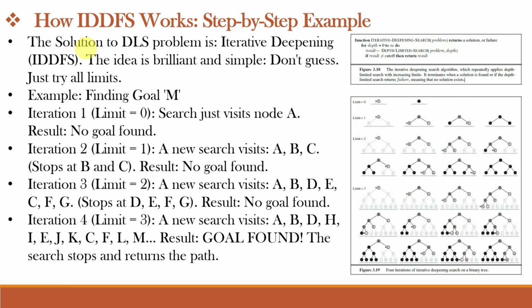Okay, the solution is called iterative deepening, and it is a very smart idea. It says, why guess the limit at all? Let us just try all the limits one by one starting from 0. This figure shows the whole idea clearly. Our target is the goal node M. With limit L equal to 0, the search checks only the root A. No success. Why? Because our goal node is M.